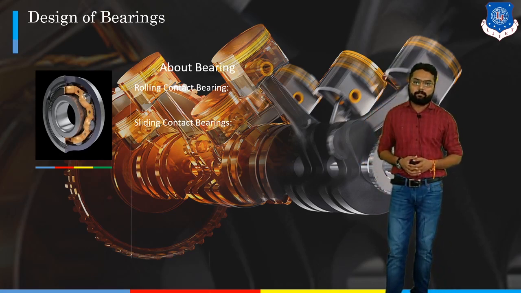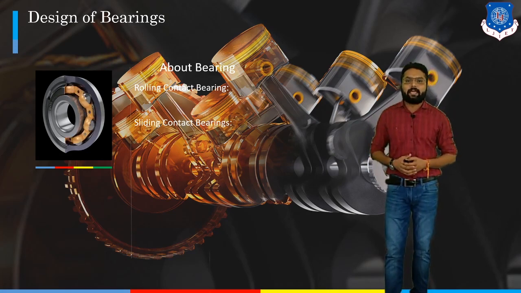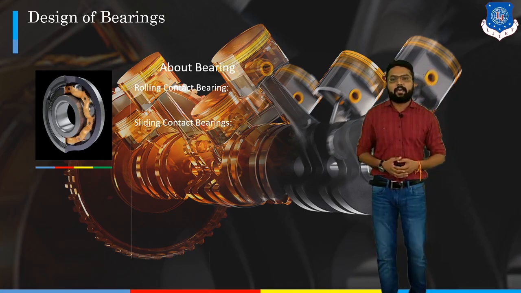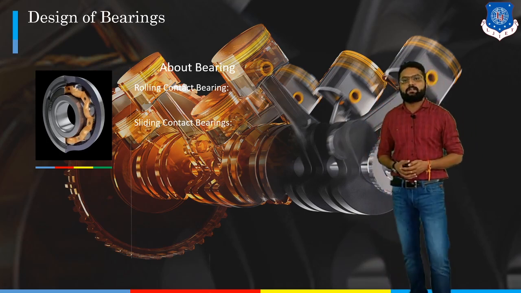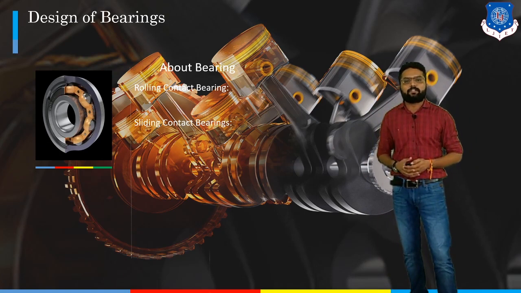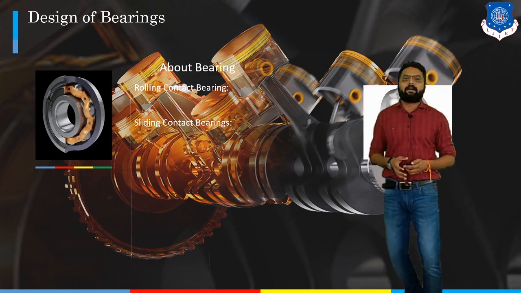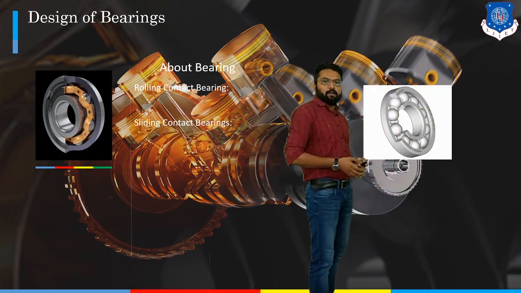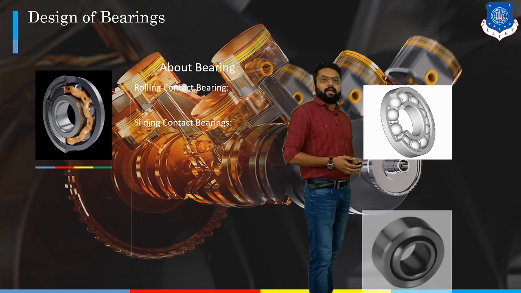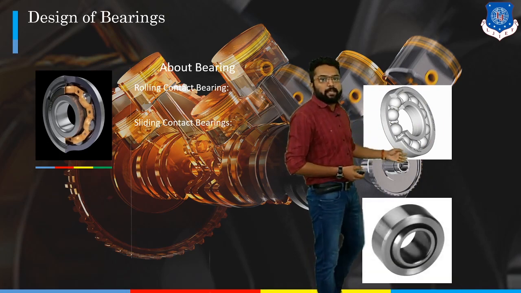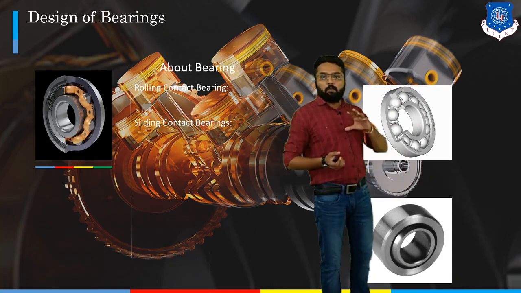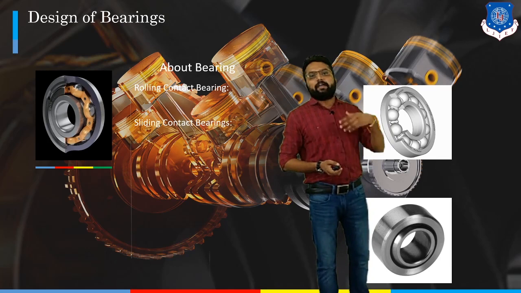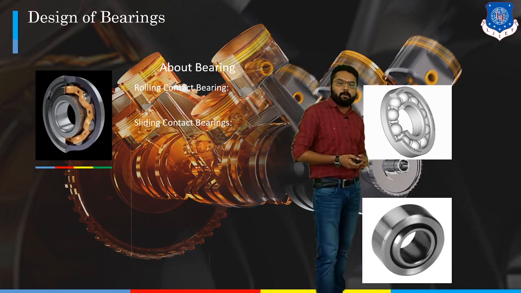In the case of sliding contact bearing, we are going to design it depending on its load carrying capacity, and we are going to design its artificial cooling system, because it mainly comes under immense amount of friction. So this is the example of anti-friction bearing, or you can say ball bearing, and this is the example of sliding contact bearing. In the case of the sliding contact bearing, you can see that it has a surface area which is exposed to its casing, and it comes under immense amount of friction.